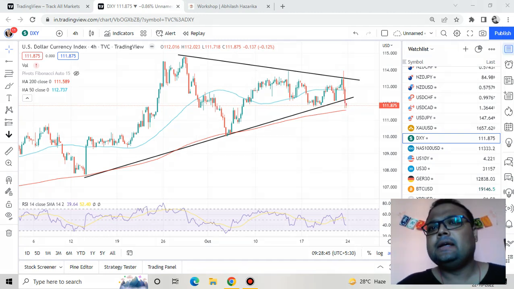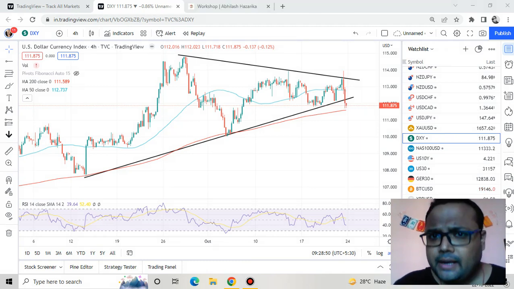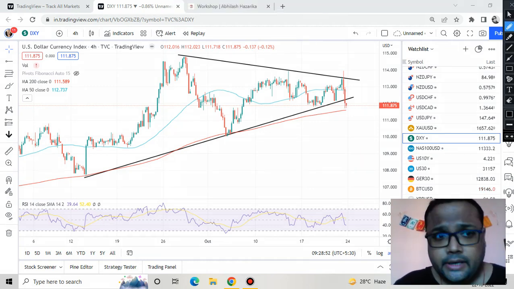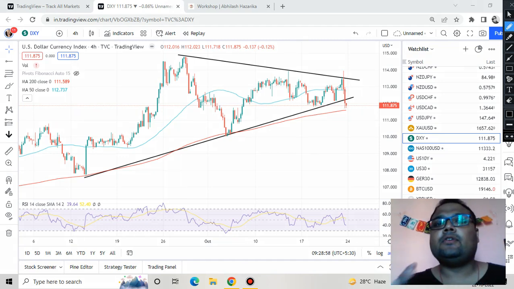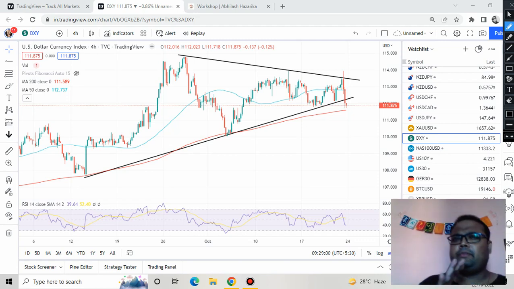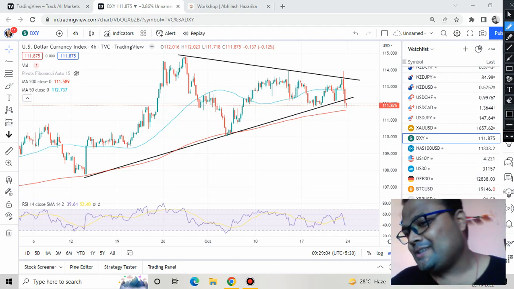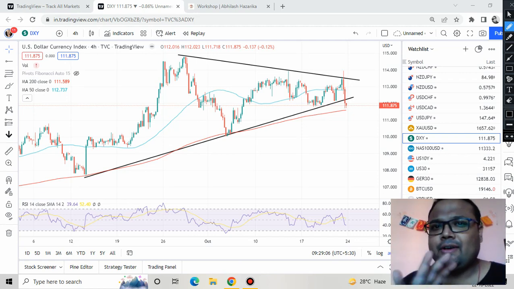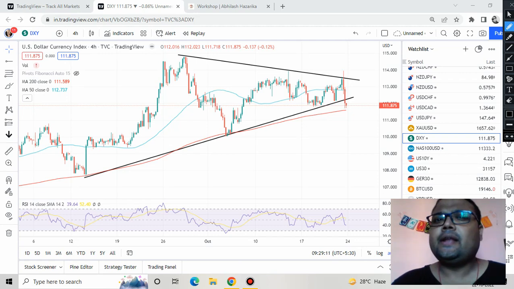I think that on Monday after the market opening, the DXY will try to recover, because still we do not have any official statement from the Bank of Japan yet. People say there's a theory going on that the Bank of Japan has sold US dollars. Anyways, there was some heavy correction on the chart of DXY. There should be some recovery on Monday.